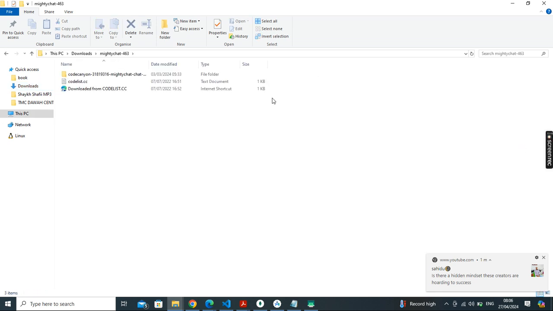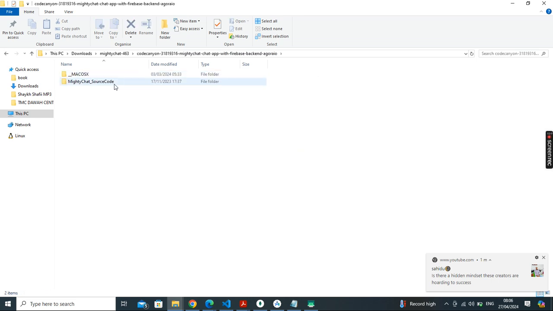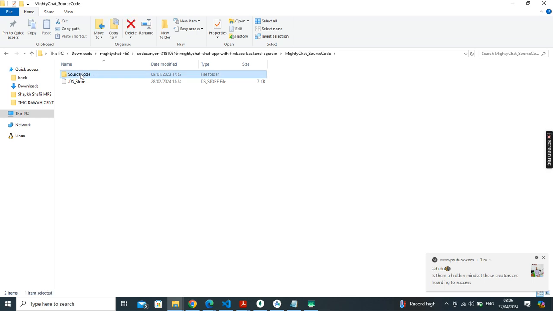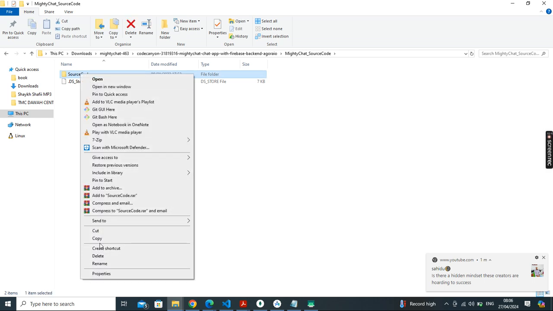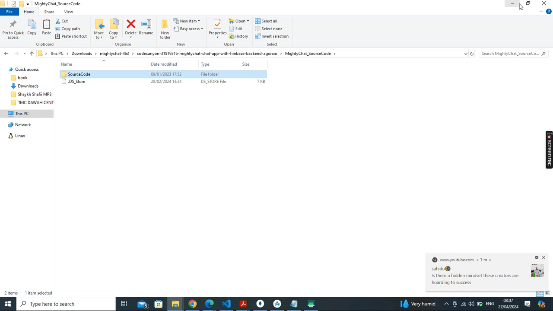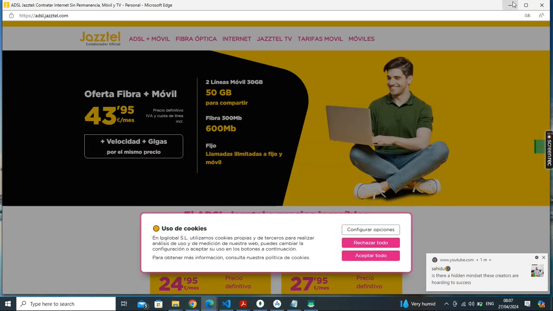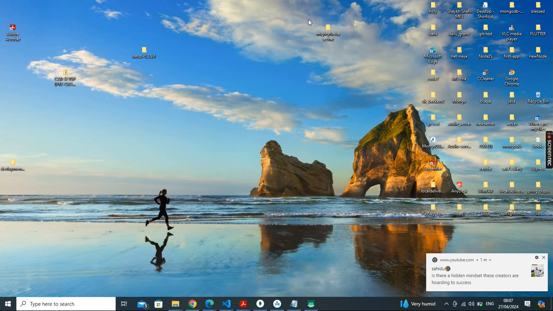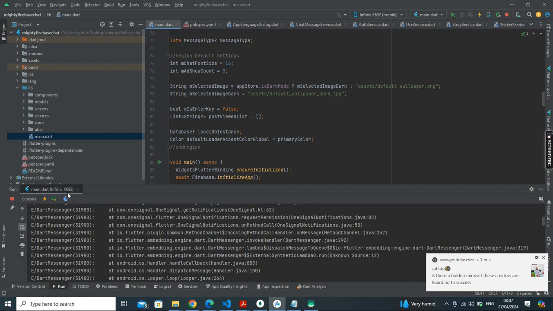Then I've extracted it. I'm going to copy the exact code. And I'm going to copy this code to my desktop and paste it there. So I've pasted it. This is the folder, multi-chart Firebase. And I'm going to go to my Android Studio Code. When I go to my Android Studio Code,